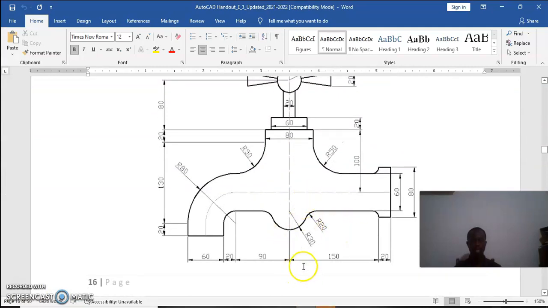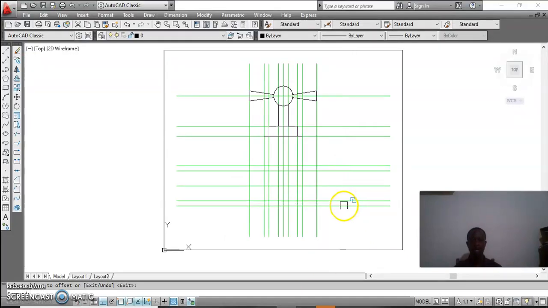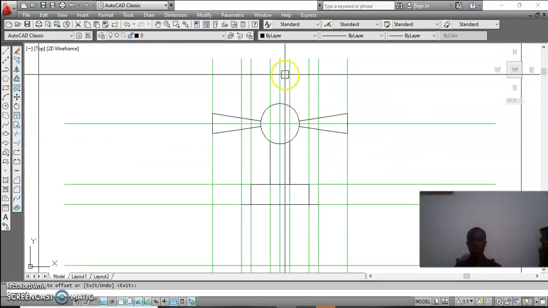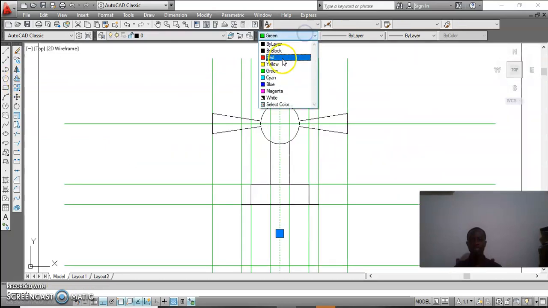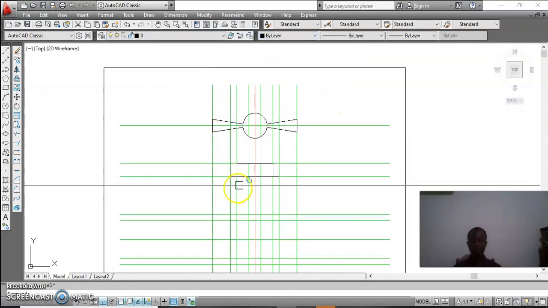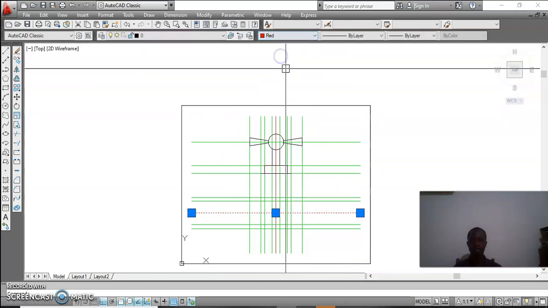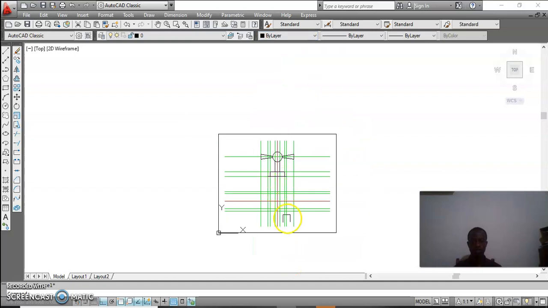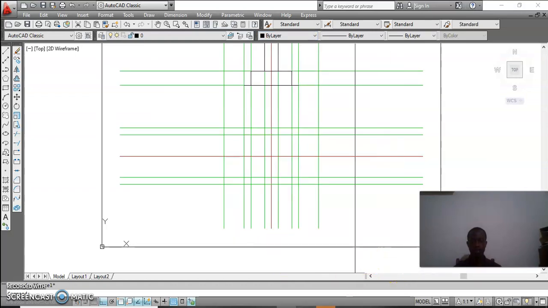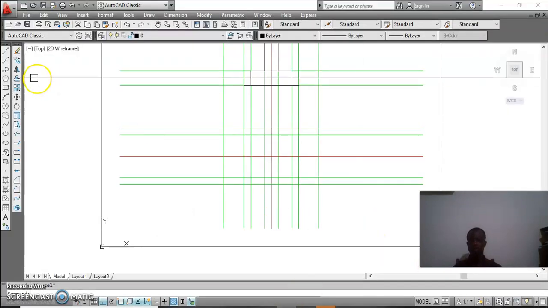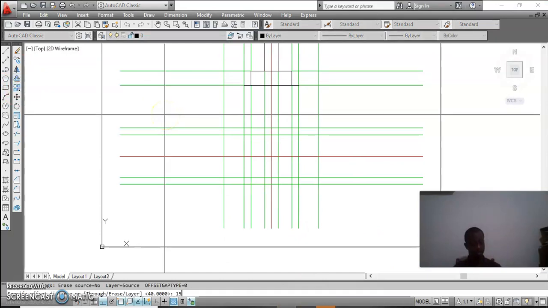So from there, let me try as much as possible. From the center line, I could offset 150, and then when I finish, I offset 20 to get that part. So I will offset from the center line. At this point, the green lines are becoming too much, so let me change this again to red, and then let me change this center part here also to be red. Okay, so from here I could offset 150 and then 20. So offset 150,